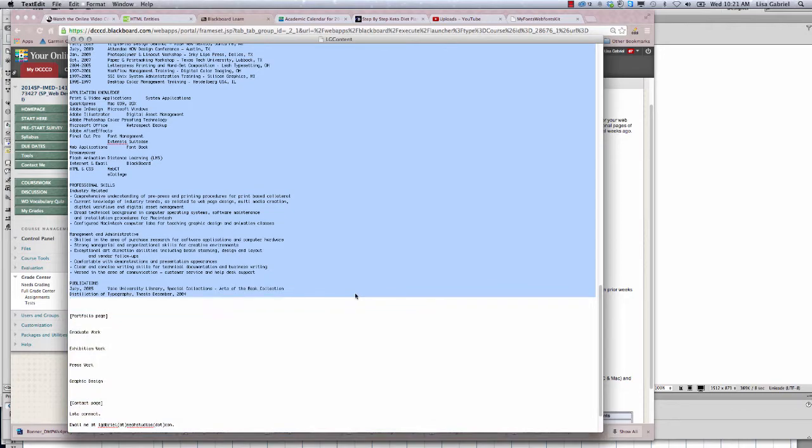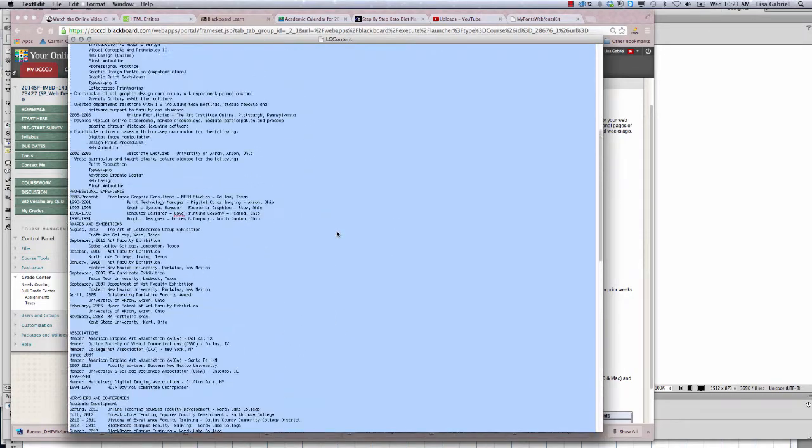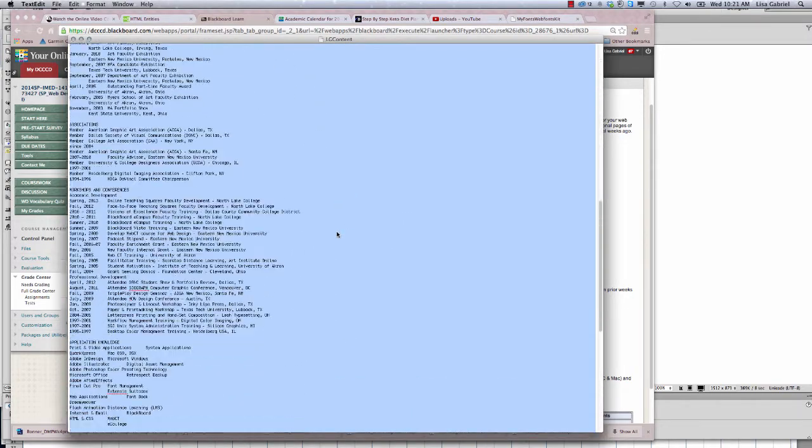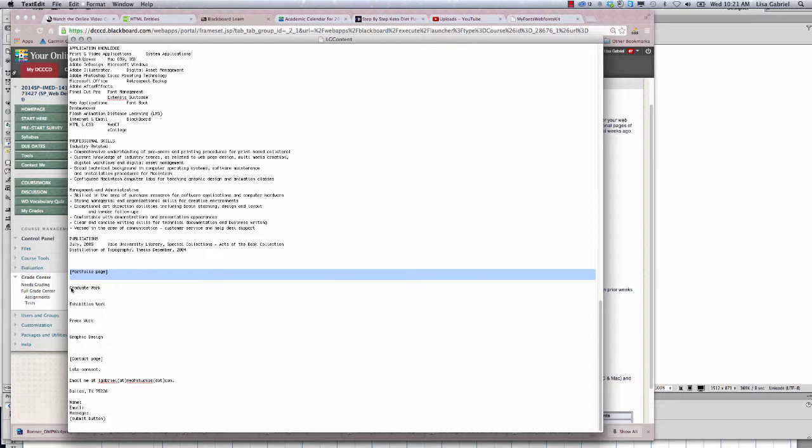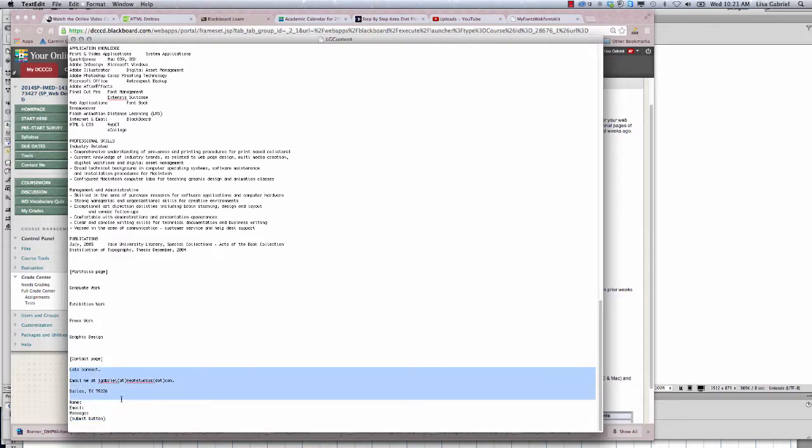Now this page here, because of all of the information that's going to go on that page, will activate a scroll bar in the browser. The portfolio page is going to have this information in it, and the contact page is going to have this information. Okay,